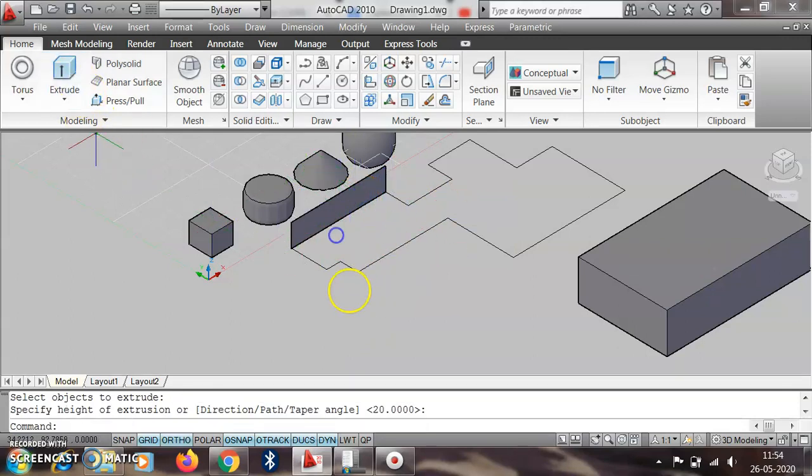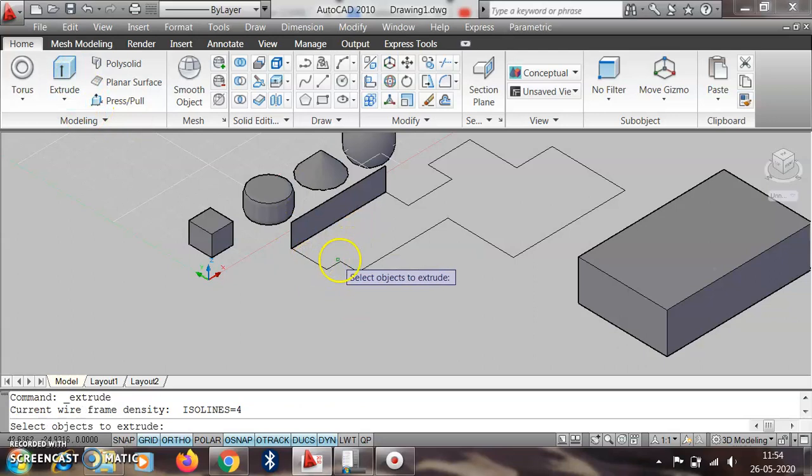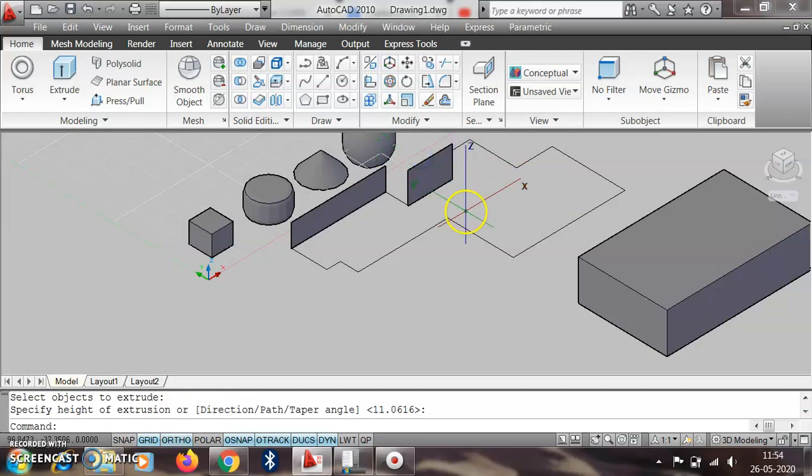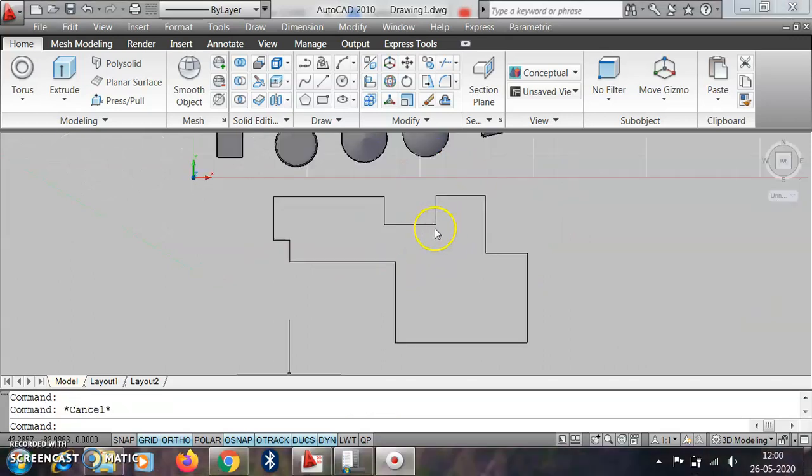Suppose again we give the extrude command and select only this line, then enter, and only this line will be extruded. But if we want to extrude this entire object, in that case we have to join this object, we have to interlink this object.